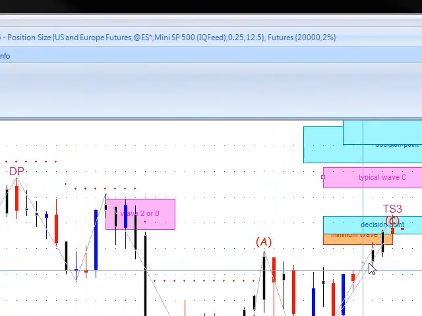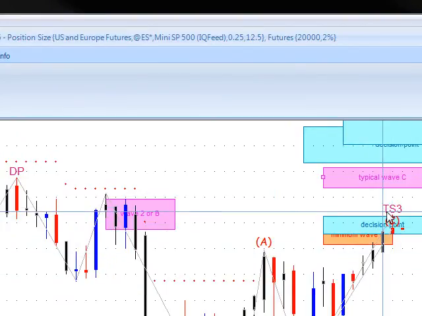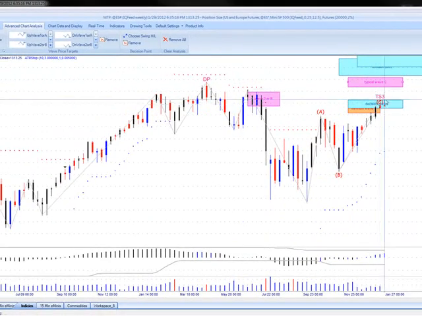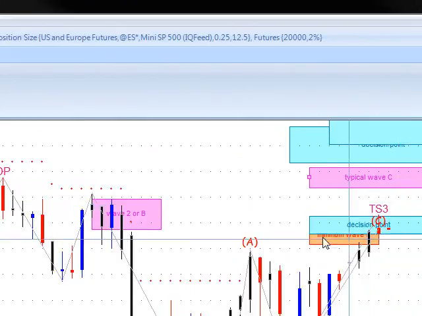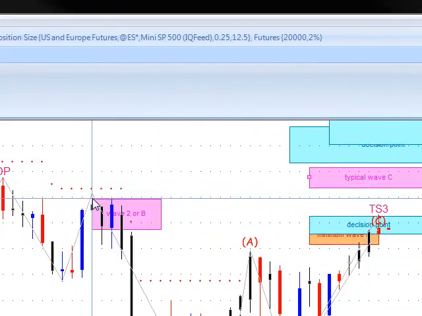We get this rally into earnings season, which is typical. As earnings season comes to an end, we'll have to see. Again, a critical area here, more resistance here, but in order to get into this area, they have to take out that prior swing high, which is significant as well. So